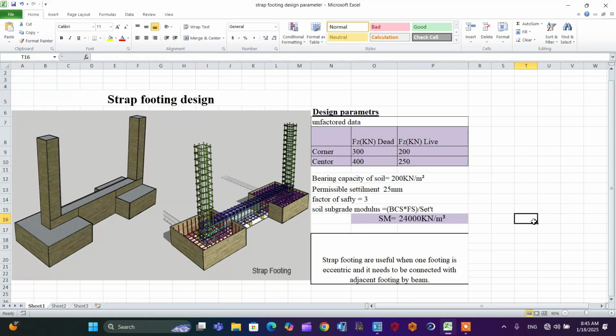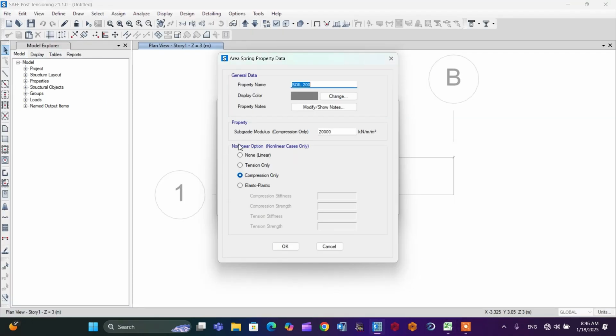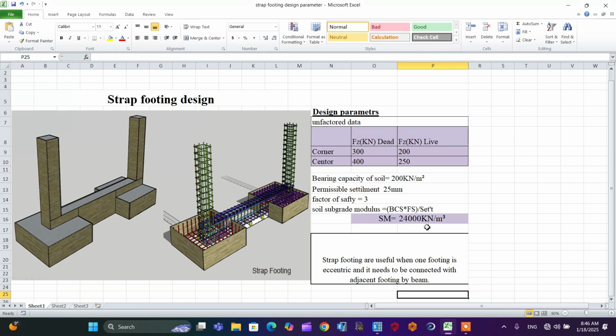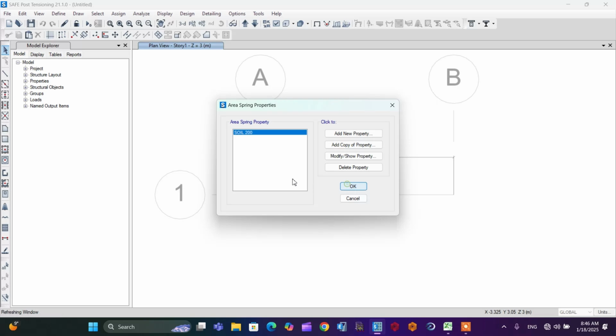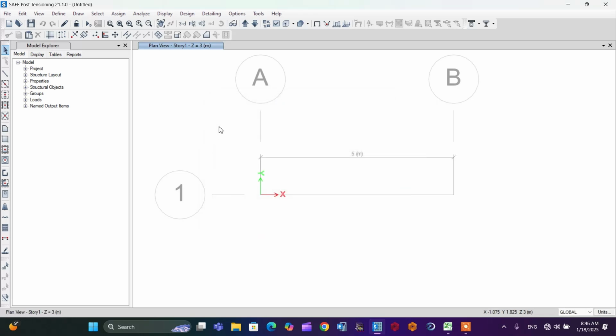That is given in the geotechnical data. So from here, it's better to modify your subgrade modulus. Check it, and put in this very important data for your design. So our subgrade modulus is like this. I have calculated it before. So from this, don't miss to click compression only. So make it okay. After this, I have defined all the important data, that is material property, section property, and